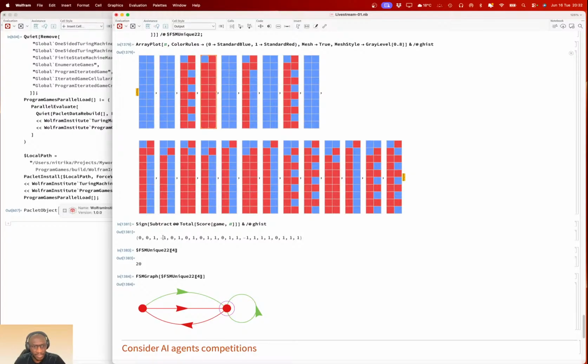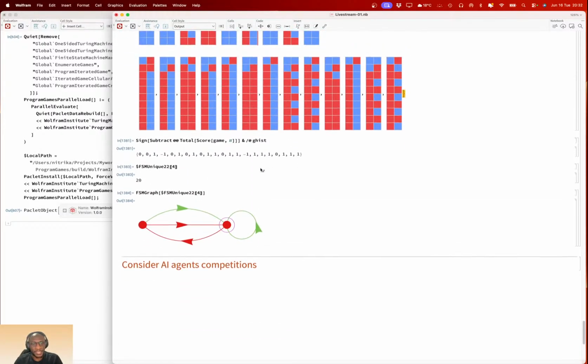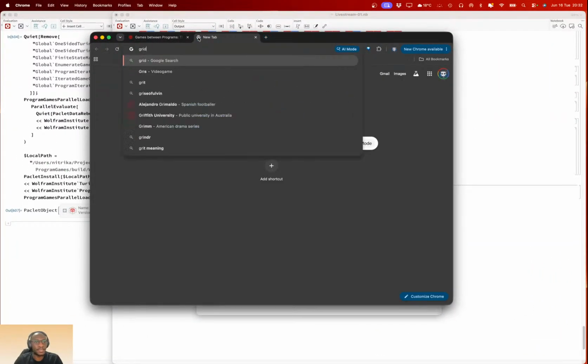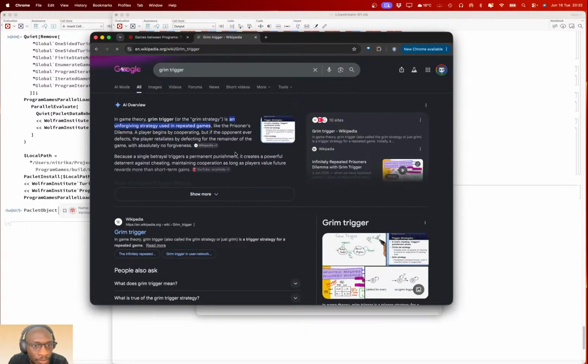And I'm sure there's another one which is this. Which one is this? 8. 1, 2, 3, 4, 5, 6, 7, 8. Not this. Yeah, so it's a punisher. Like this strategy is a punisher. Grim Trigger is a punisher. But let's see, Grim Trigger.